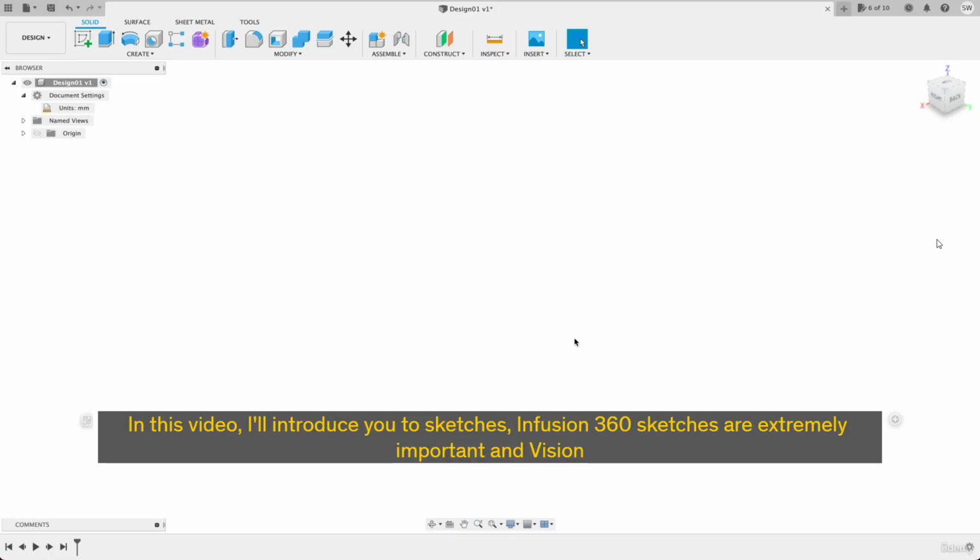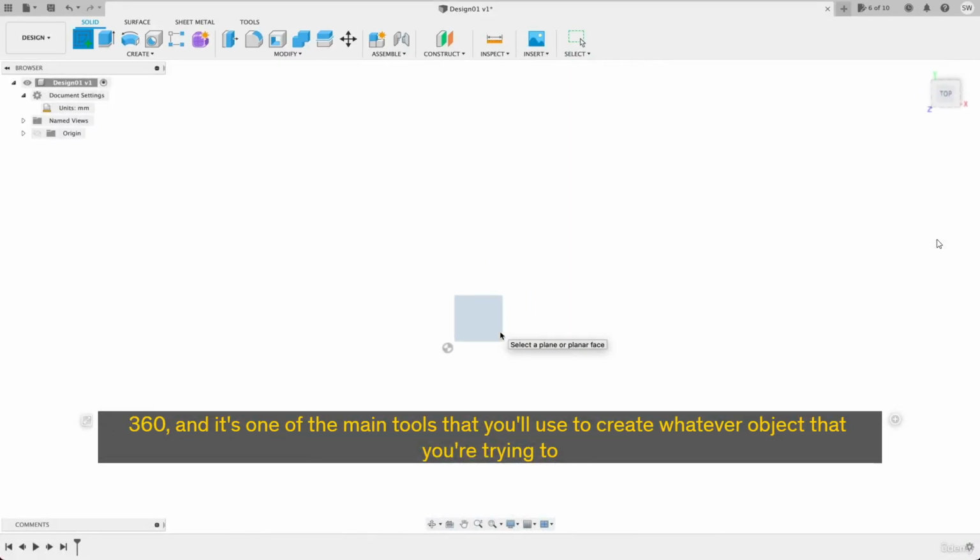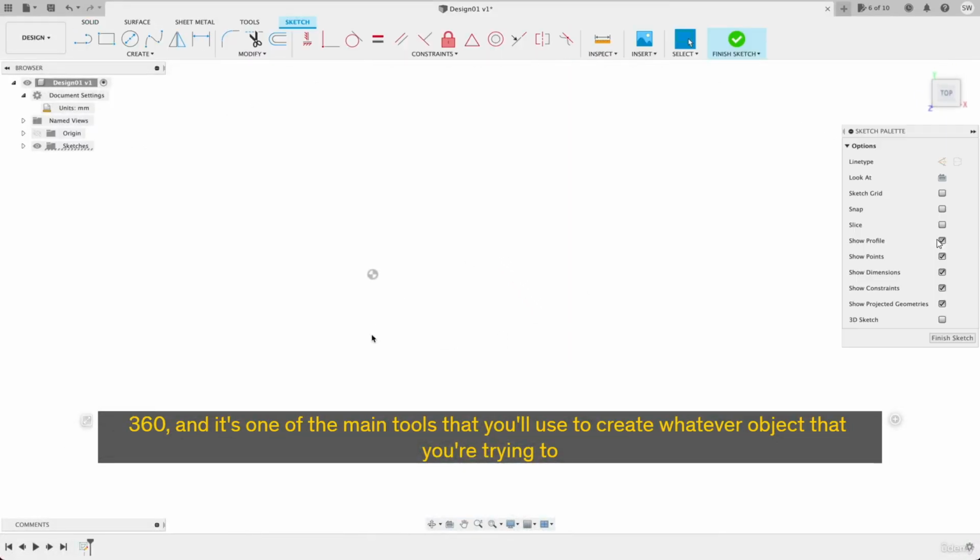In this video, I'll introduce you to sketches in Fusion 360. Sketches are extremely important in Fusion 360, and it's one of the main tools that you'll use to create whatever object that you're trying to create. The way a sketch works is you have a lot of different options for shapes or lines that you could draw. Basically, a sketch is a 2D drawing, and you could make a 3D object out of that